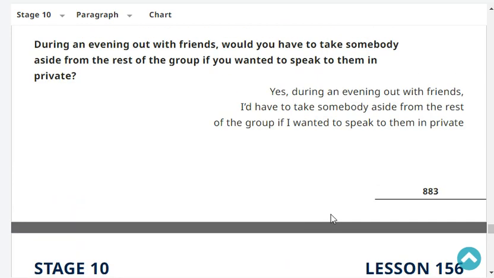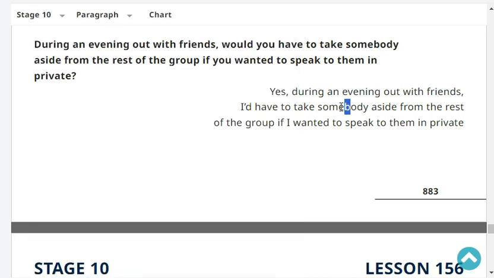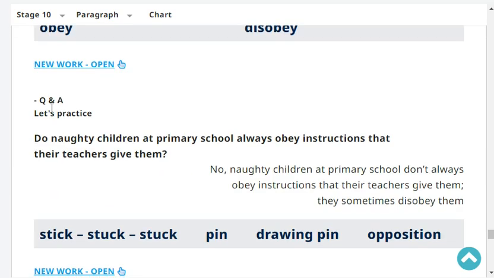Yes, during an evening out with friends, I'd have to take somebody aside from the rest of the group if I wanted to speak to them in private. Very good.